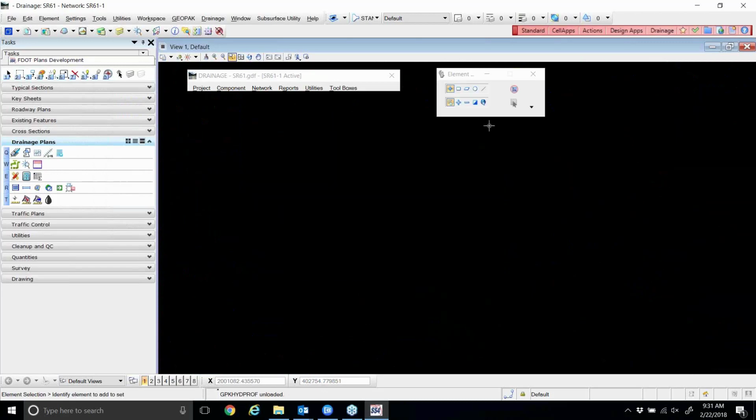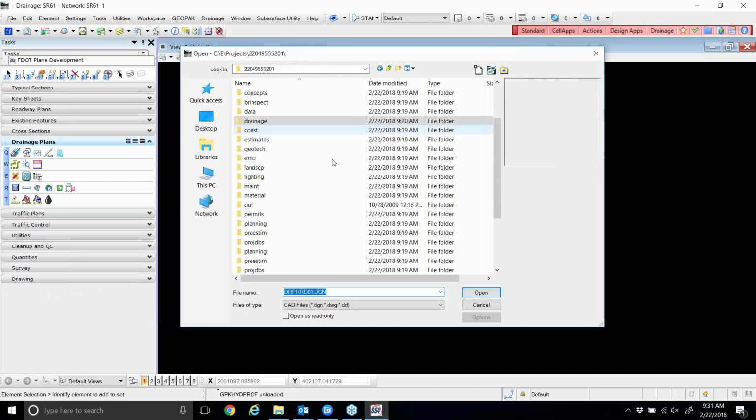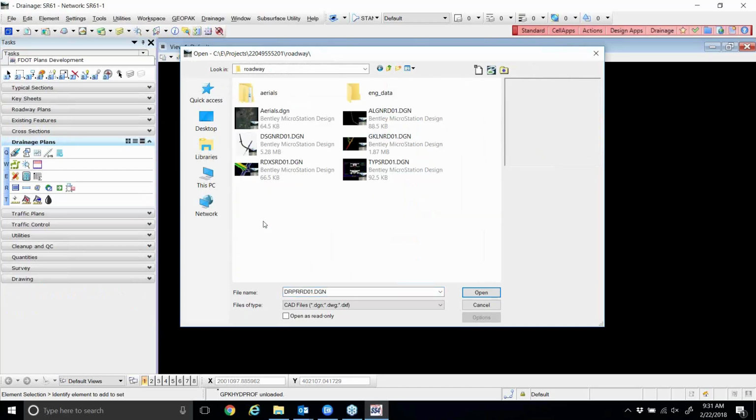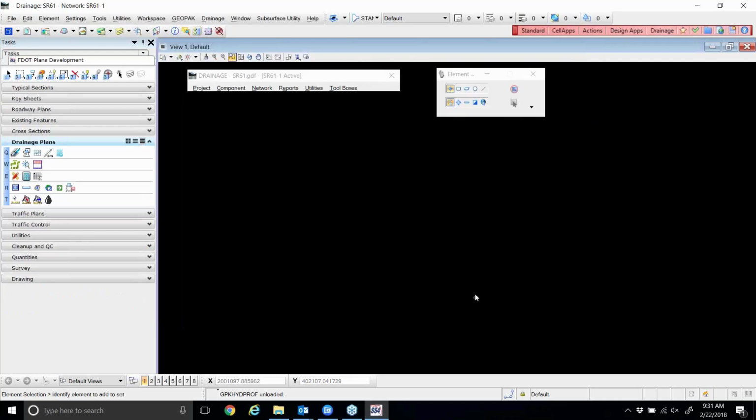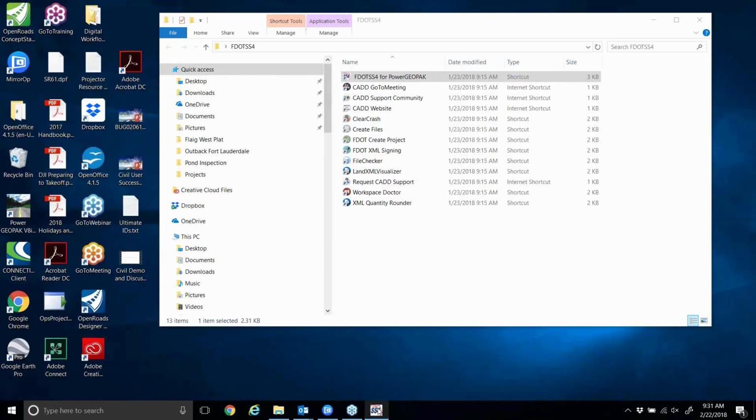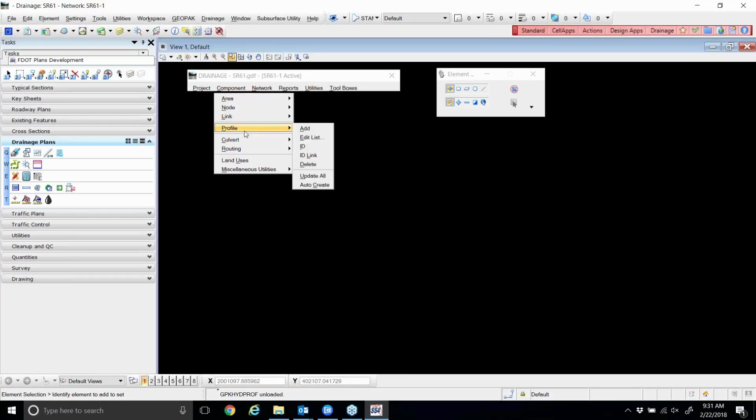Now, I don't recall if we have in our roadway folder a profile file. Let's take a look. We do not. Later, we will get one of these and take a look at it. But if we had in the roadway folder a DSPF RD01, a profile drawing, we could go into that profile drawing, and I don't think we have one in drainage either. No, we don't. But we could go into that profile drawing, and back here on the profile tool,